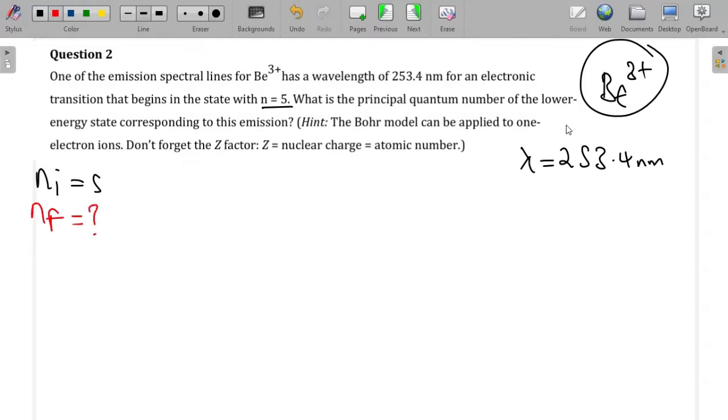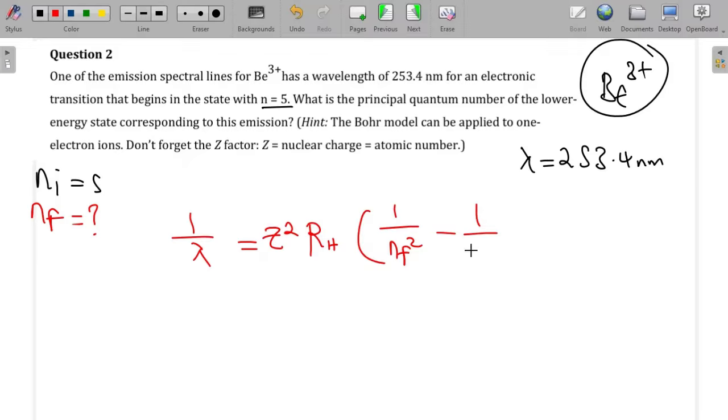Okay, and then they're even giving us a hint here. They're saying the Bohr model can be applied to one-electron ions. Don't forget the Z factor, which is the nuclear charge. So here, what are we going to use in order for us to find this n final, or the final principal quantum number, or the lower principal quantum number? We're going to use what we call the Rydberg equation. The Rydberg equation is given by 1 over the wavelength is equal to Z squared times R_H, and then in the brackets, 1 over n final squared minus 1 over n initial